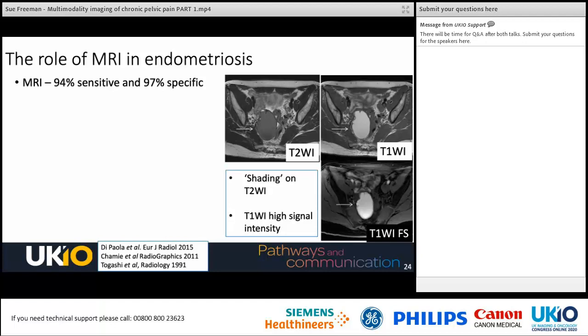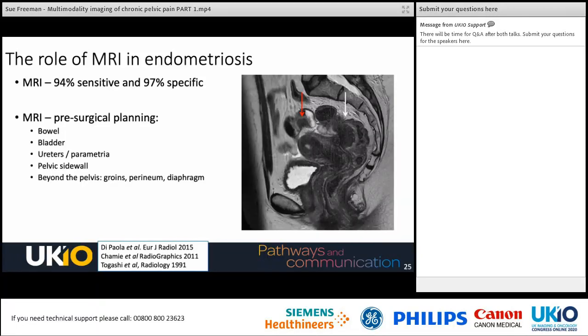On the right hand side, the endometrioma is high signal intensity on T1 and T1 weighted with fat saturation. This is absolutely pathognomonic of an endometrioma and can be very helpful if occasionally the ultrasound is indeterminate. Once you identify an endometrioma, it is important to look very, very carefully for bowel involvement with endometriosis, as this gives an increased risk. The MRI provides an excellent roadmap prior to surgery, and within the context of an MDT,